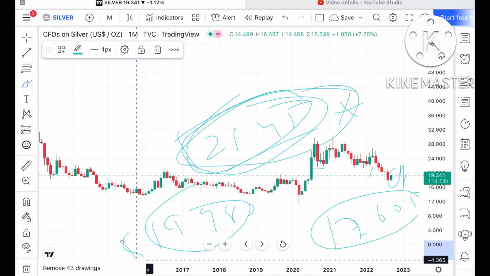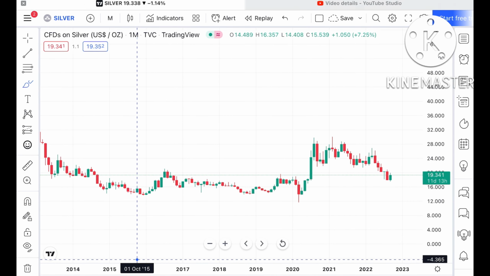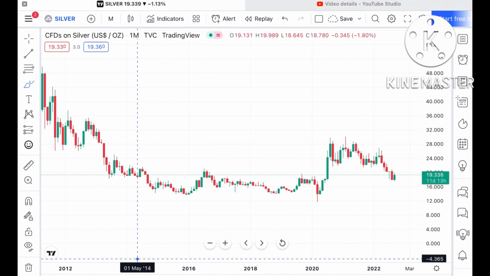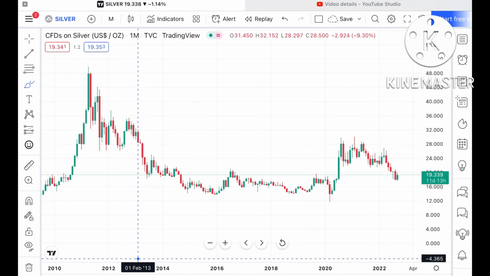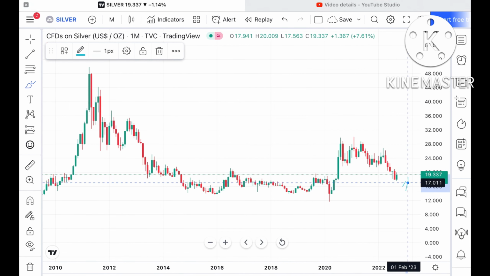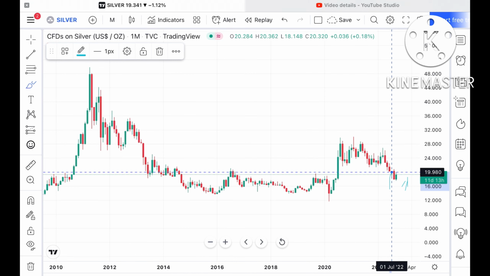All other metals have fallen because the inflation and CPI data has come. Looking at the next 2 weeks of September, suppose this particular level sustains, which has already made a support at 17.500. Suppose this level sustains, which is currently trading at around 19.337, then it can touch a level of around